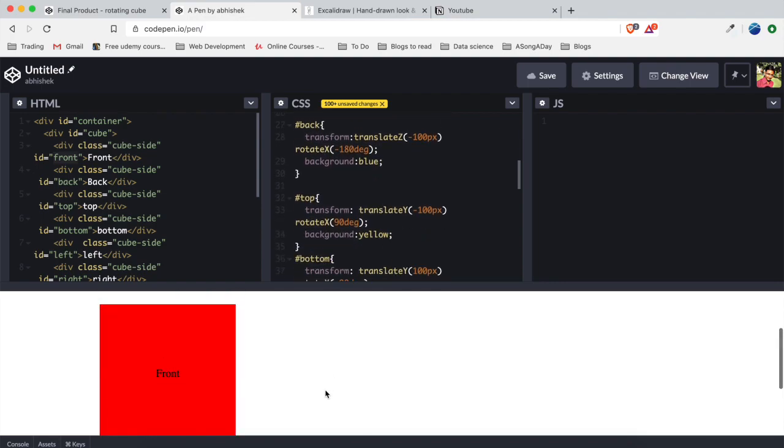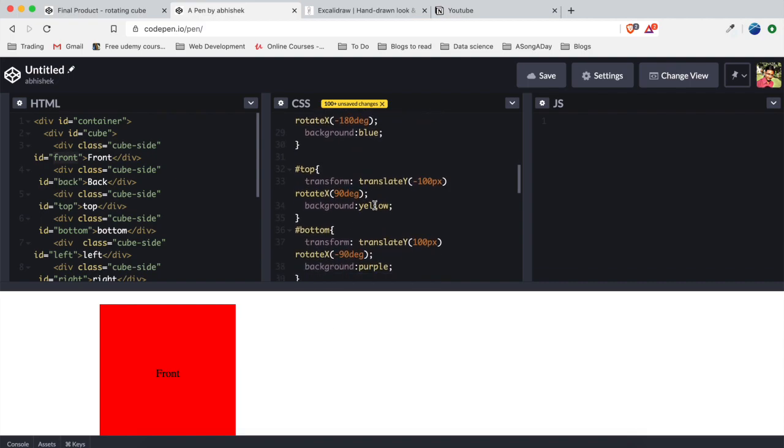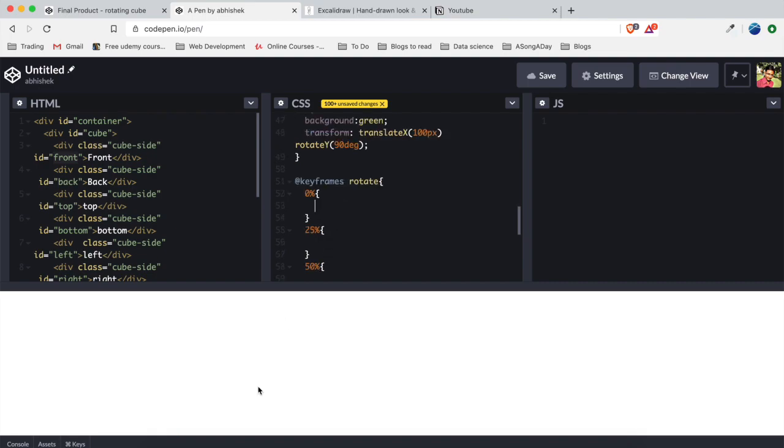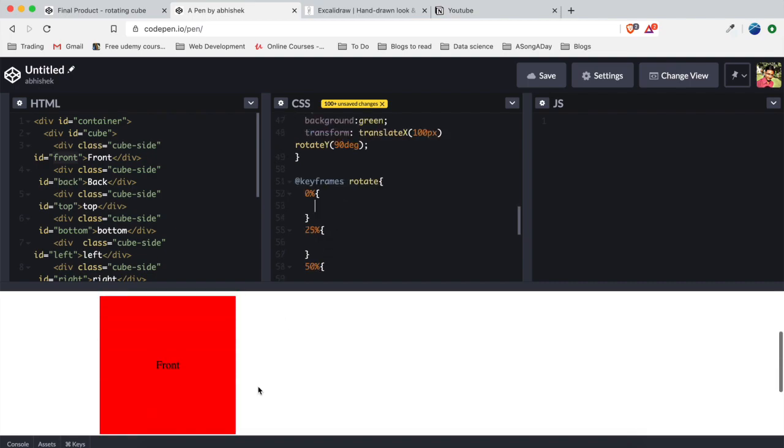Yeah, so now only the front part is visible to us. So on 0% we don't want to rotate it. On 25% we want to rotate it to the right side, and then on 50% we want to rotate it to the back side, and so on. So let's start by writing it.